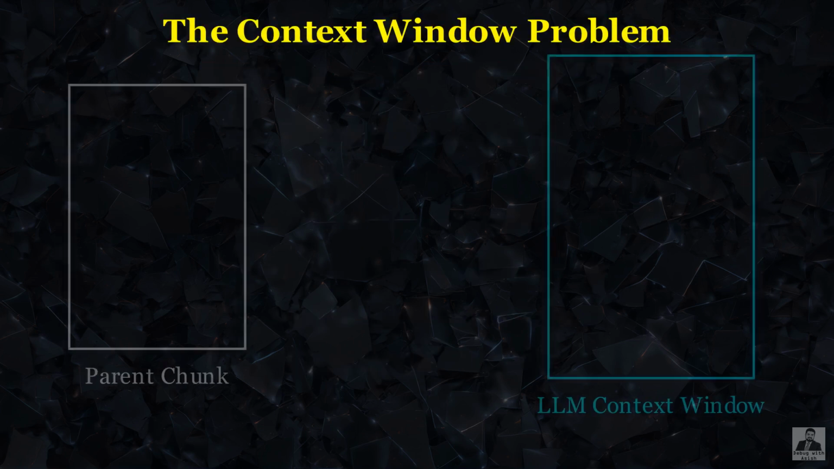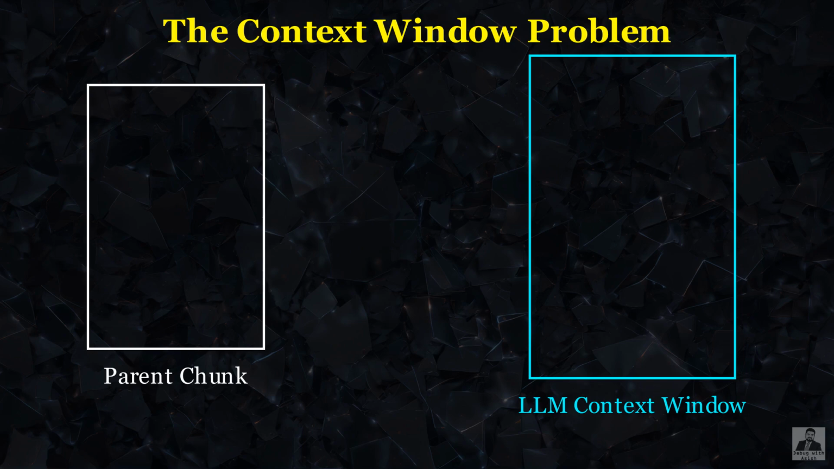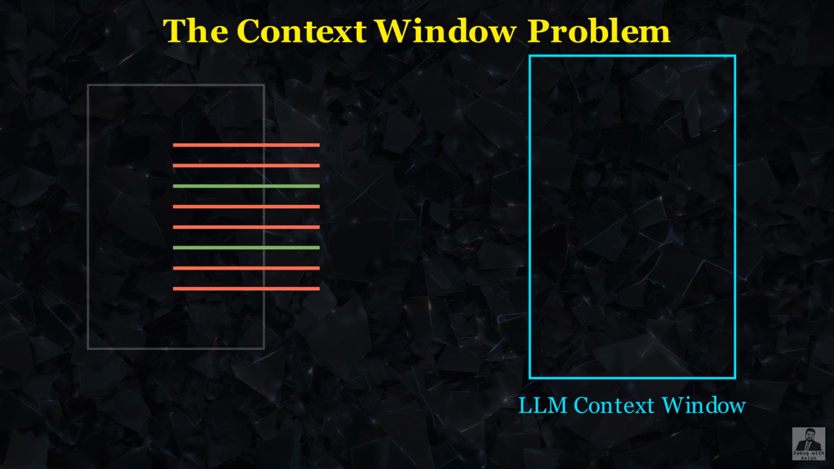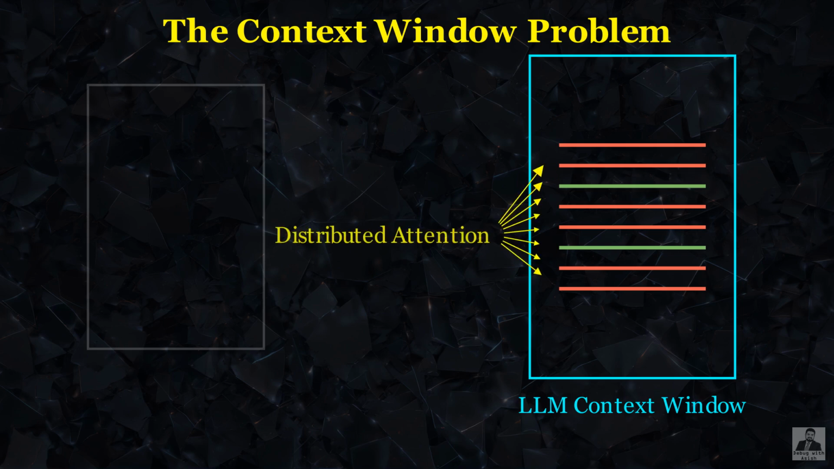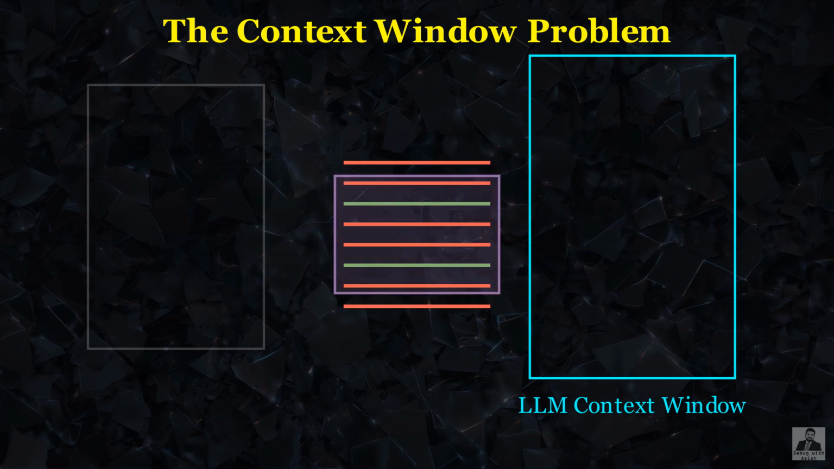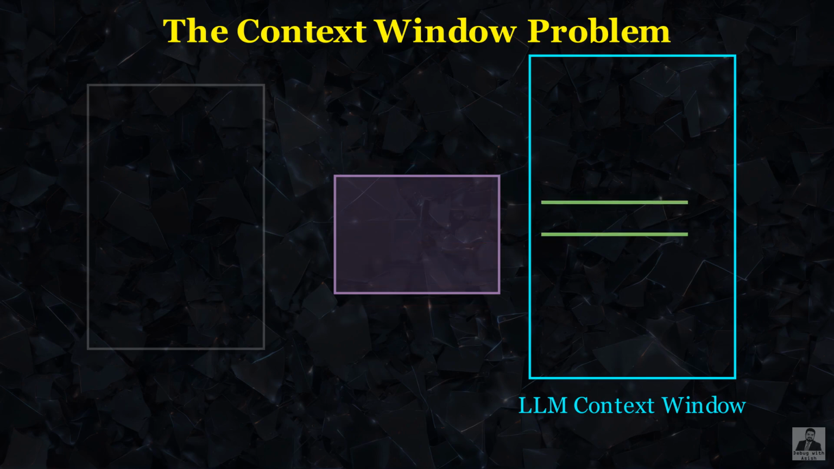After episode 13, we are passing large parent chunks to the language model. Those chunks are rich with context, but they also contain sentences that have nothing to do with the current query. The language model has a finite context window and pays distributed attention across everything it reads. Filling that window with irrelevant sentences weakens attention on the facts that matter. Contextual compression is a post-retrieval step that reduces each chunk to only the sentences that are relevant to the specific